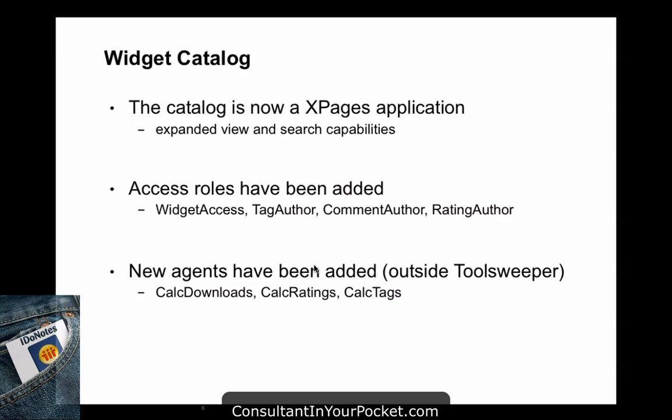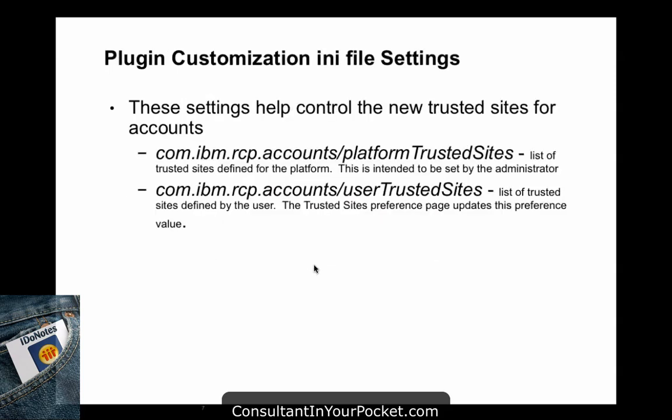So that's part of the Widget Catalog. Pretty straightforward. They are also going to give you some customization settings for the plugin, what they've allowed you to do, and this is going to hook right into the next slide, is what this is going to do. If you're going to start pushing out more widgets, and yes, there was a logic to my flow,